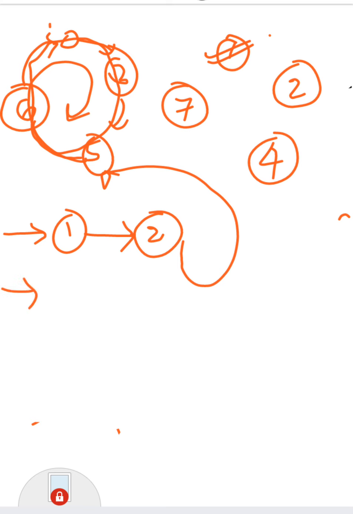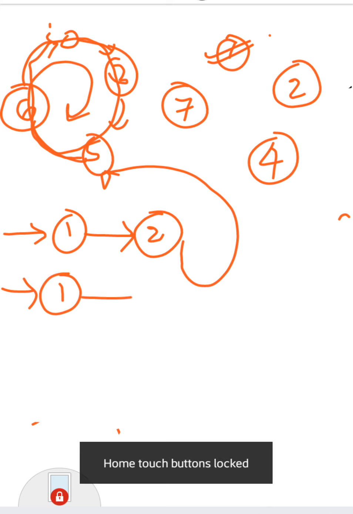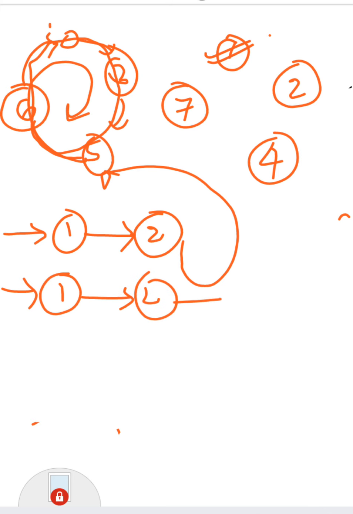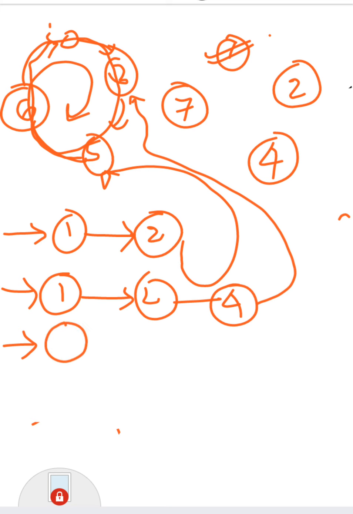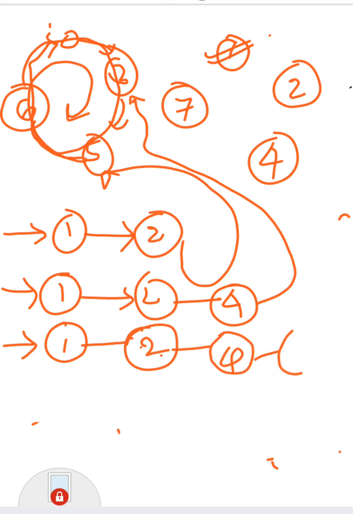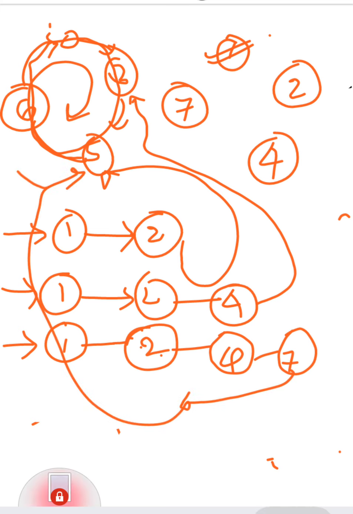Another case, it was at 1, the next clock it changed to 2. In the next clock it changed to 4. In the next clock it changed to say 3. It is also self-starting. Another case I am writing, initial state is 1, the next clock pulse it changed to 2. In the next clock it changed to 4. In the next clock it changed to 7. And in the next clock it changed to say 5 or 6 or 0 or 3. Again it is self-starting.